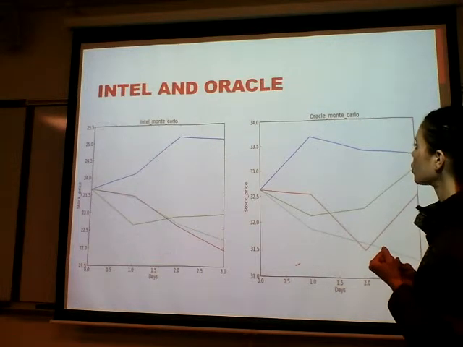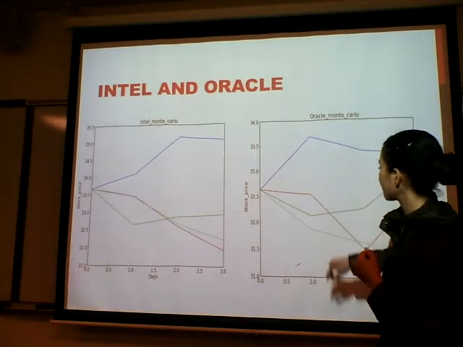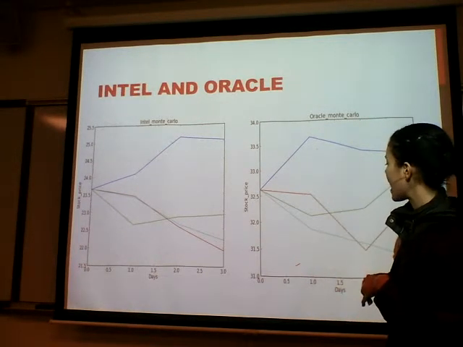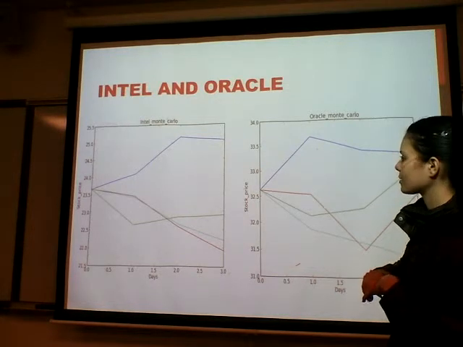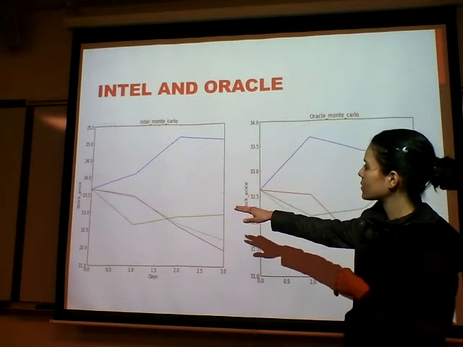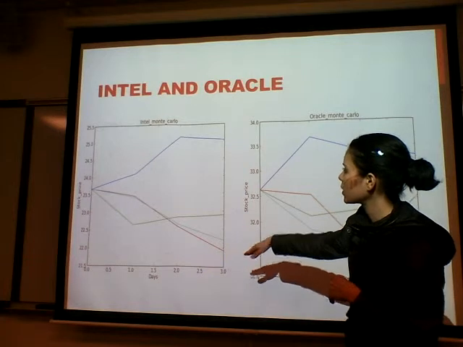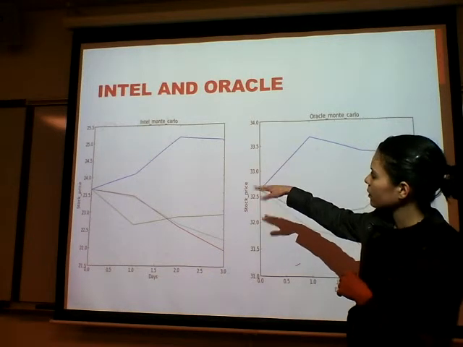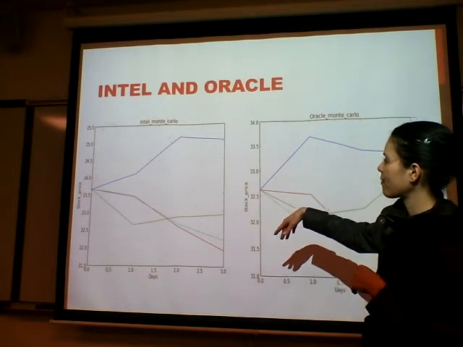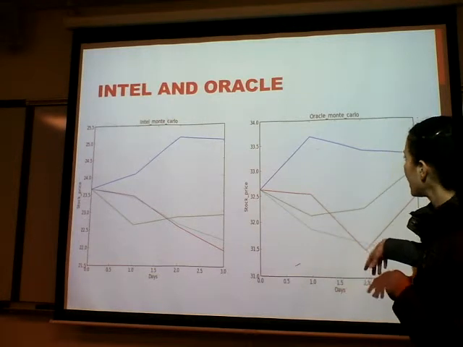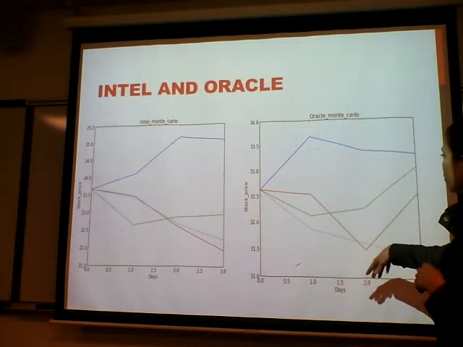And so for Intel and Oracle, we see the same thing. We have our 4 trials here, and the stock starts for Intel at 23. It can go anywhere from 21 to 20, a little under, between 25 and 25.5 in 3 days. And for Oracle, it can go from